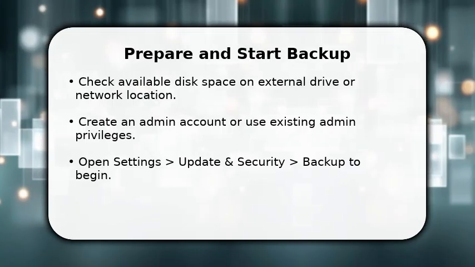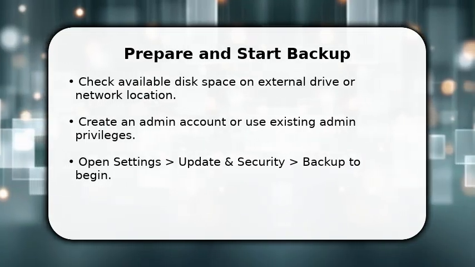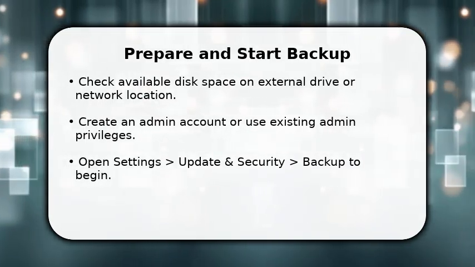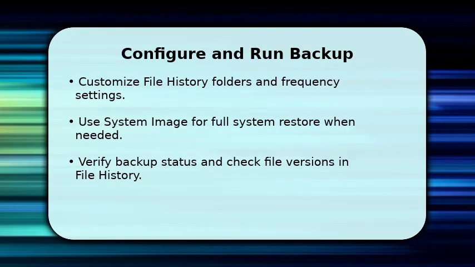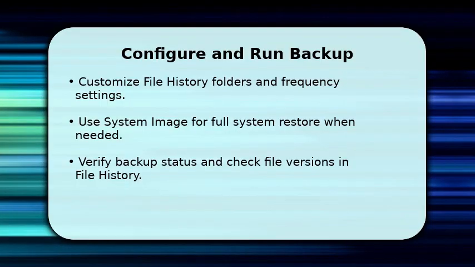Make sure to set a schedule if you prefer hourly or daily backups, and confirm the destination path before proceeding. Next, customize what gets backed up by clicking More options under Backup and adding or removing folders. This controls disk usage. If you need a full OS snapshot, open Control Panel, go to Backup and Restore Windows 7,